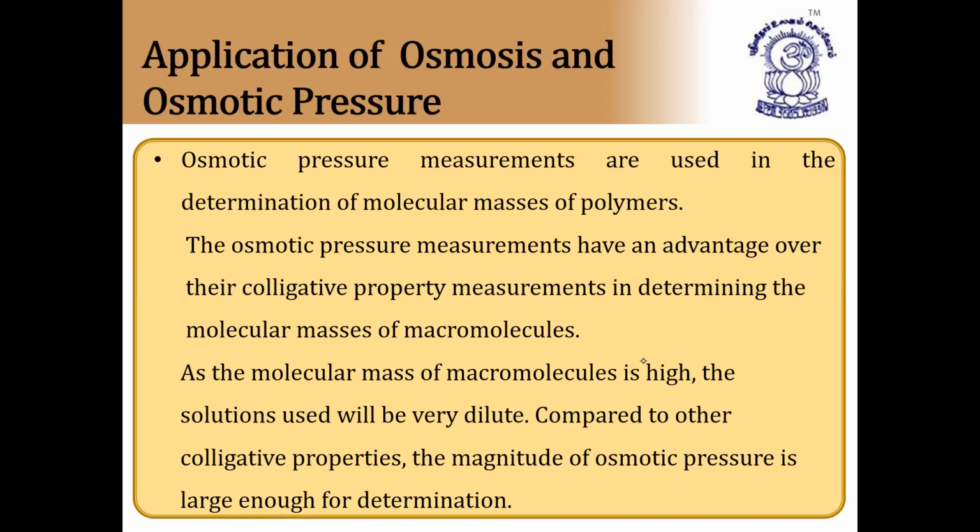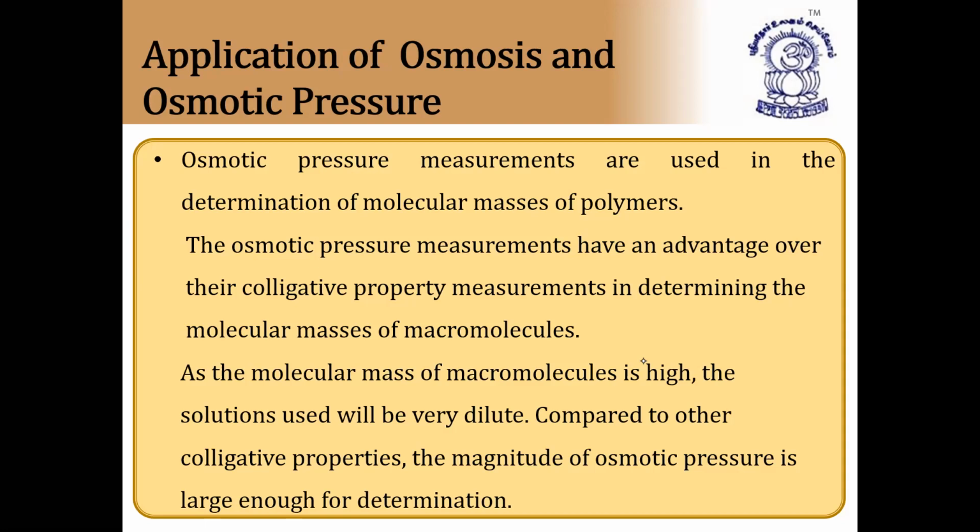Next, application of osmosis and osmotic pressure. Osmotic pressure measurements are used in determination of molecular mass of polymers. Very, very important, because polymers are generally high molecular mass compounds. So osmotic pressure is used in the determination of molecular mass of polymers. The osmotic pressure measurements have an advantage over the other colligative property measurements in determining the molecular mass of macromolecules. As the molecular mass of macromolecules like polymers is very high,